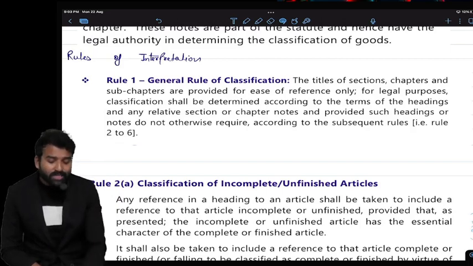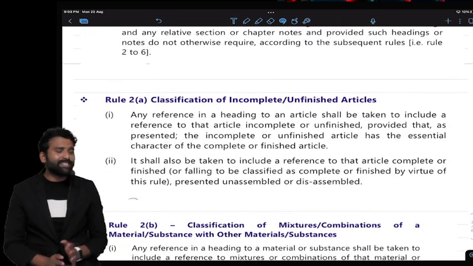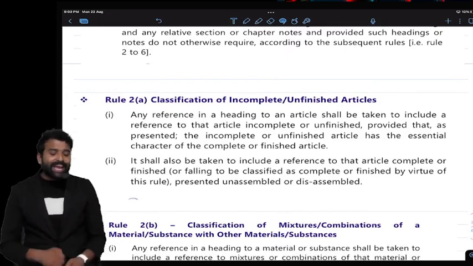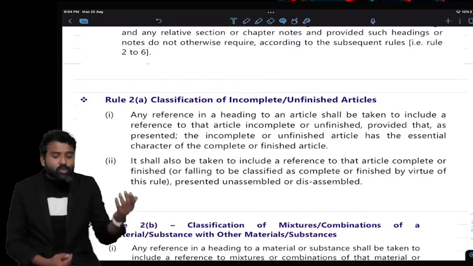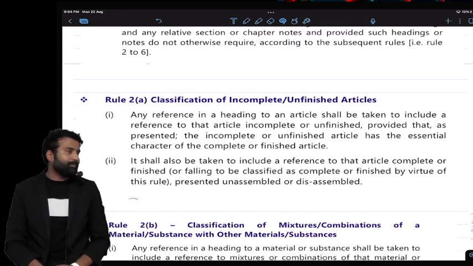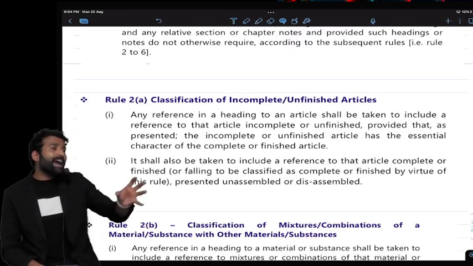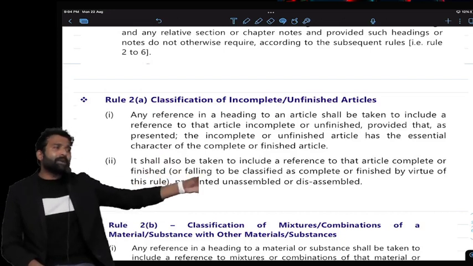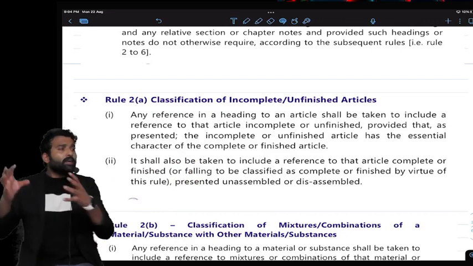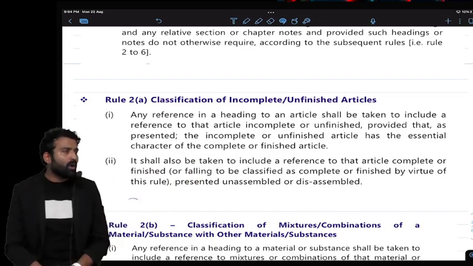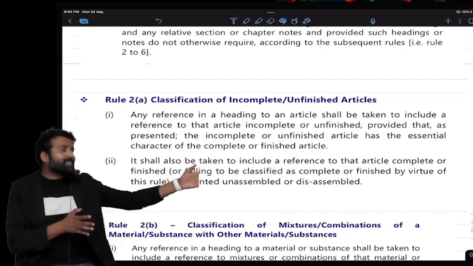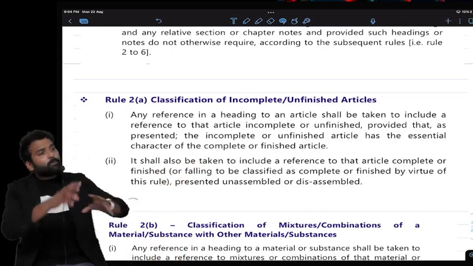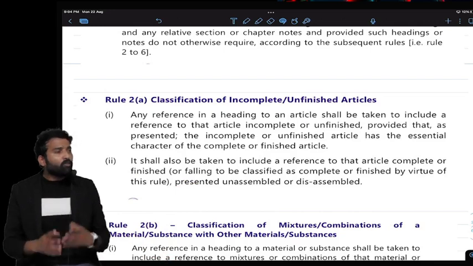Now what rule second says? Very simple. Incomplete item agar hai, if any item is incomplete, it should be classified as a completed item. अगर कोई आइटम अभी आधा अधूरा ही मैंने इंपोर्ट किया है, ऐसा कुछ इंपोर्ट किया है जिसमें 70% चीज़ें मैं इंपोर्ट कर रहा हूँ, 30% चीज़ें मैं इंडिया में ही लगाऊंगा, पर अगर वो 70% आइटम भी मैंने इंपोर्ट कर लिया है अनअसेंबल्ड फॉर्म में, तो मैं उसके ऊपर पूरे आइटम की रेट लगा सकता हूँ. फॉर एग्जाम्पल,